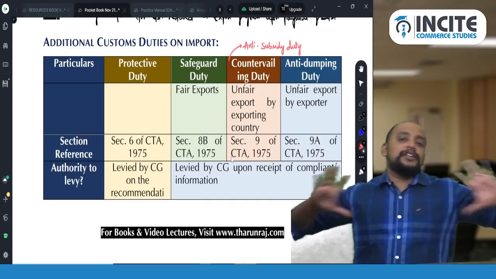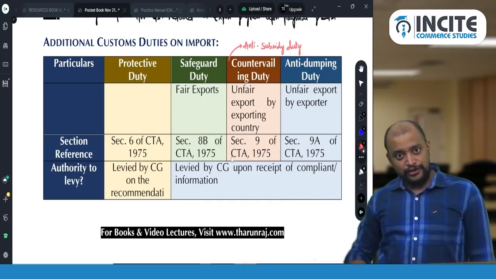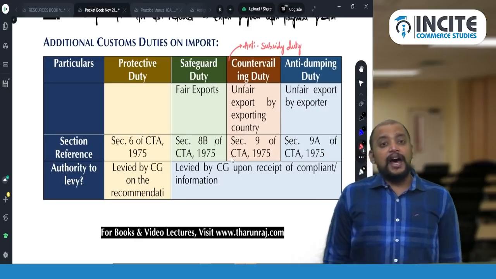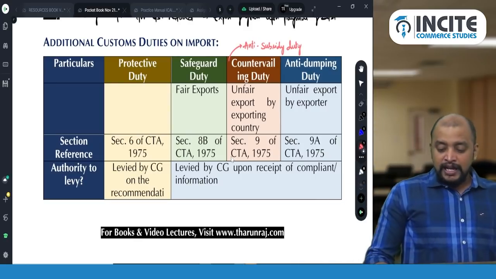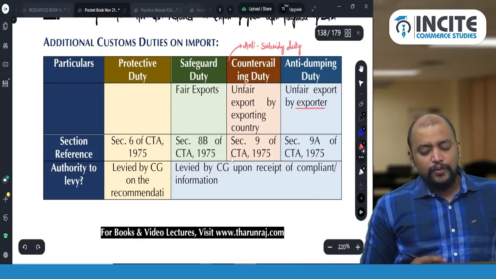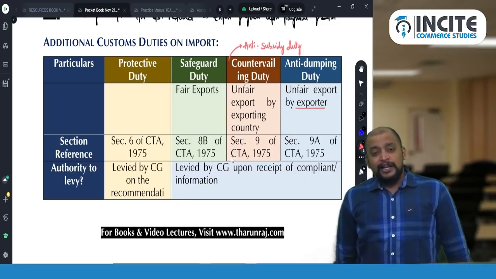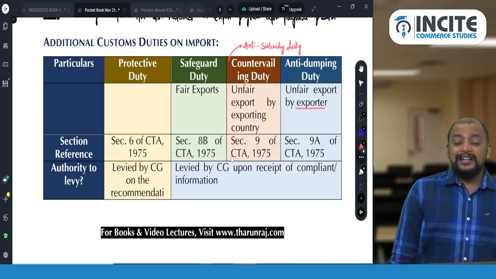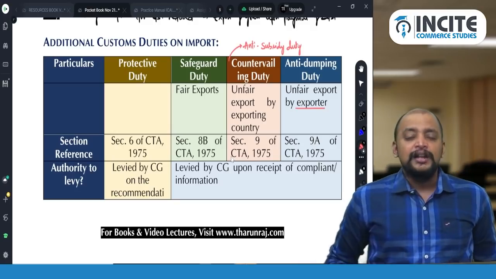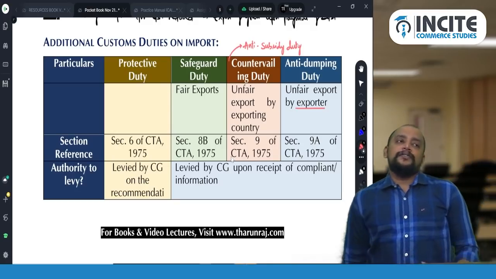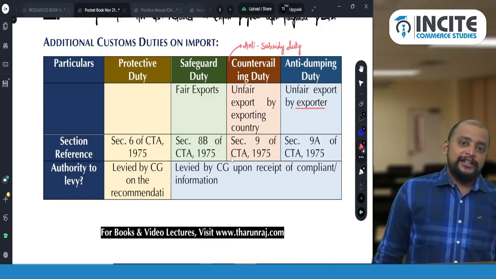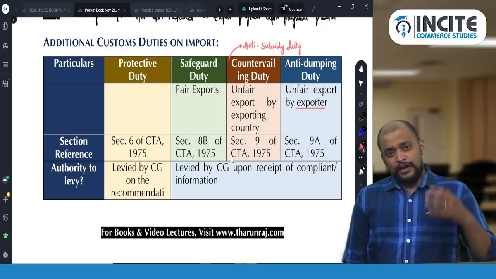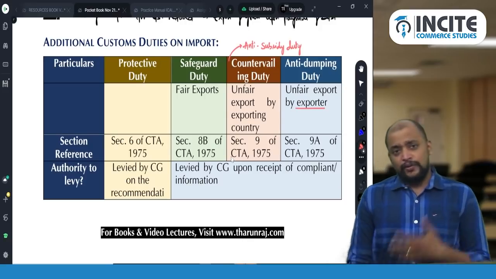So to protect the domestic manufacturer, these additional customs duties are there. In that, anti-dumping duty is on account of unfair export by the exporter. Why? What that exporter is doing is making a lot of units and dumping those units in India at a cheaper rate, less than their selling price in their own country. For example, one person manufactures a product and sells it to you at 100 rupees and sells it to some other person at 10 rupees. Now definitely that is dumping. So why is he dumping that way?